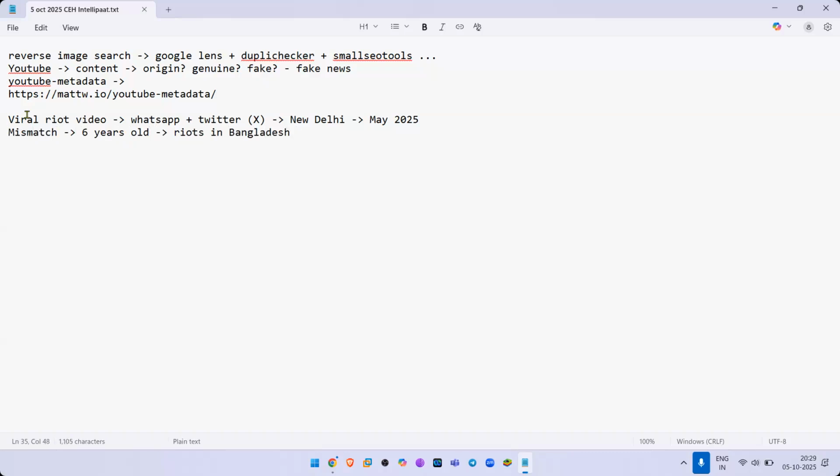Somebody had taken the video clip of Bangladesh riots, and the channel name was Bangladesh News. The tags were hashtag Dhaka, hashtag protest, hashtag students. From that, we realized that this was part of an article in BBC News in 2019, and somebody had edited this video and uploaded it over here. So we concluded that this was a misinformation video. We immediately debunked that video and we banned it.